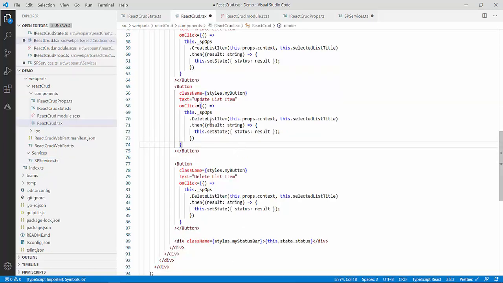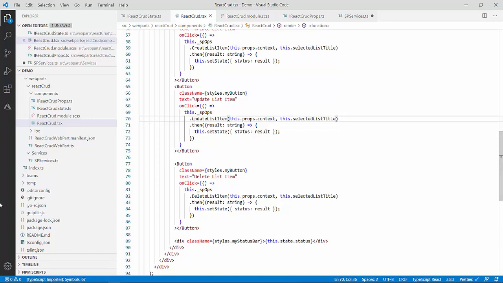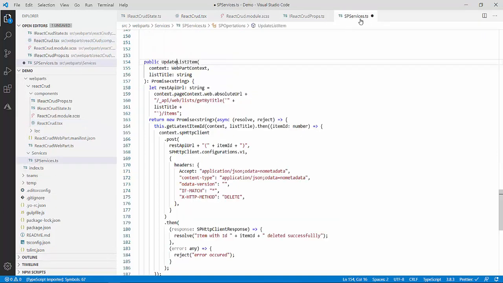Rest of the things will remain the same, because again it will give us a string with a message that the item got updated. So this is also done. We do not need to change anything in my component file. Just over here I will make a change. My REST API URL will remain the same, just over here I will not use the latest item id. I will pass the item id, because I want to give you the flavor of each and every approach.